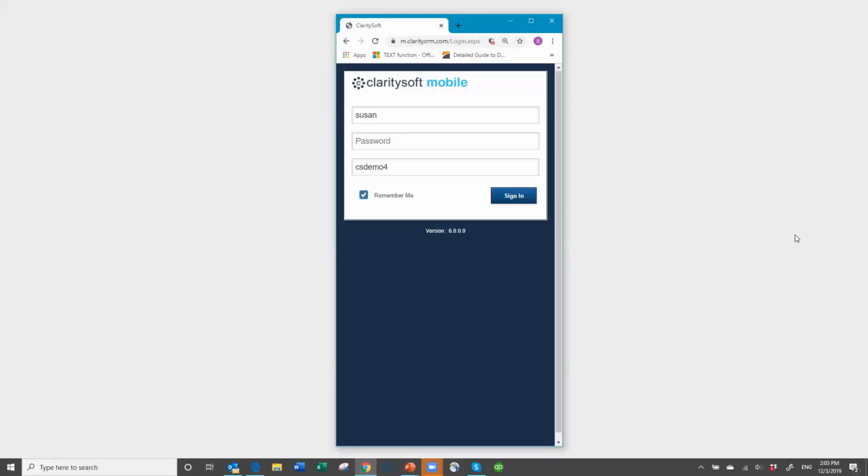Now what I have done here, I'm not actually on my phone. I have forced my browser to view what looks like the phone. So some of the things will look a little bit different. If you have your smartphone in front of you, you could possibly be following along while we do today's session. So when you open the app and click on the login, then it will bring you to this login screen. And so you will enter your credentials for your database. It has the Remember Me here, as it does on Claritysoft Live, and then you simply click on Sign In